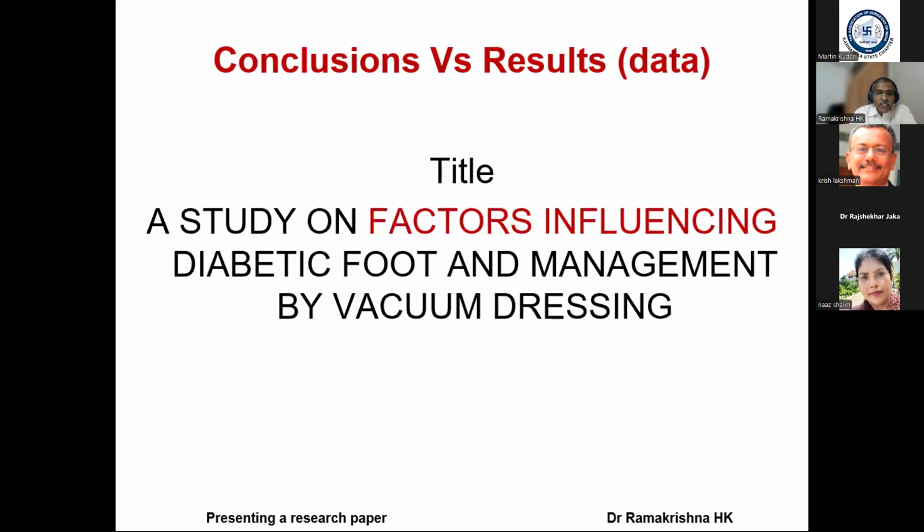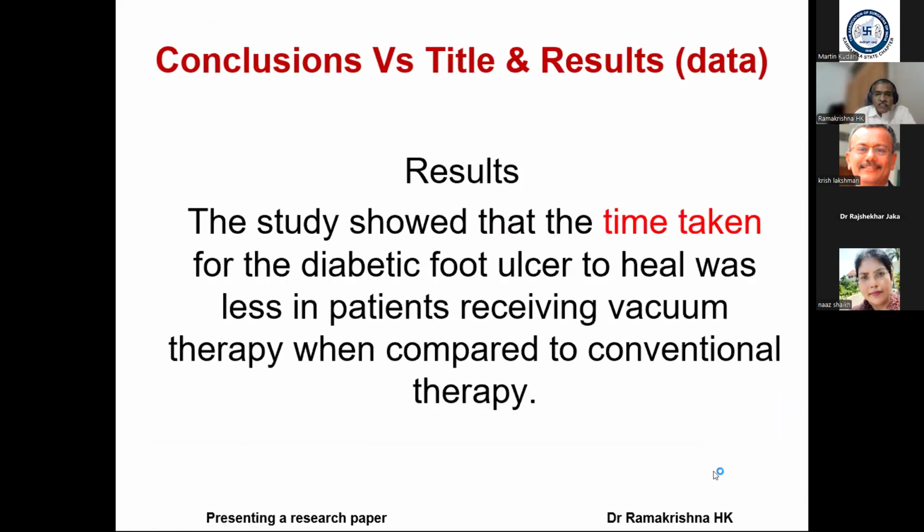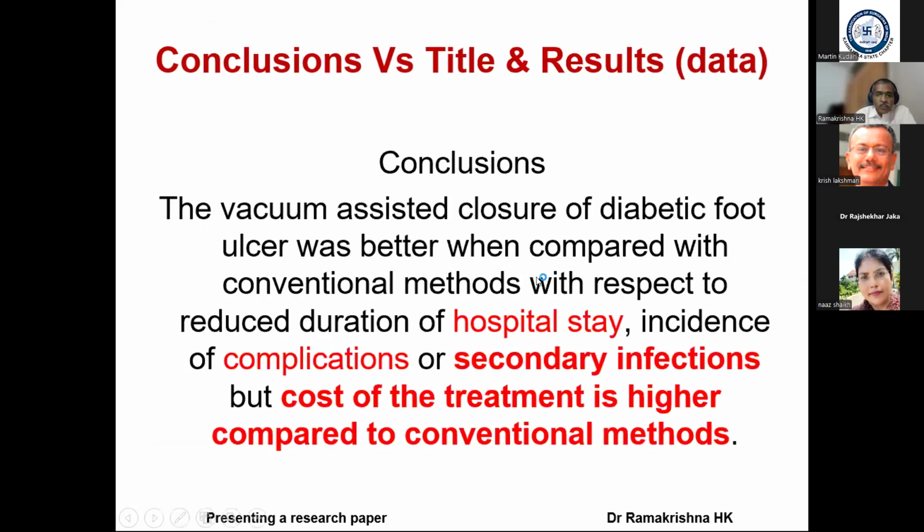And while mentioning the conclusion, again, you must remember the introduction and initial aim of the study. It should agree with the conclusion, so it should be in accordance with that. And here you see the discrepancy. The study is on the factors influencing ulcer healing by a particular intervention, that is VAC. And in the results, he has shown the time taken for the ulcer to heal. And when it comes to conclusion,